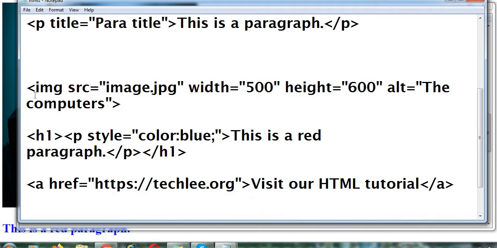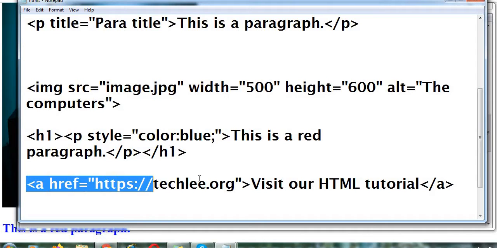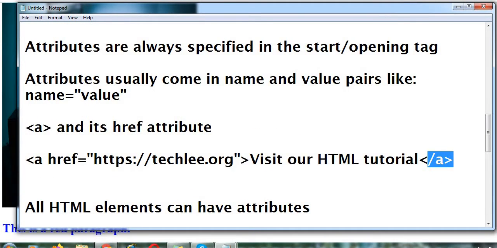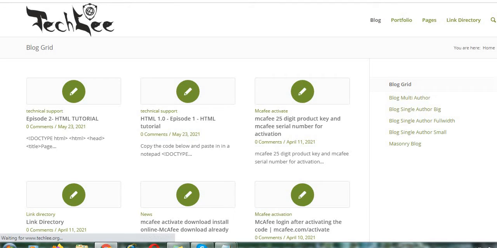Here, after the image, I used some other codes which I will tell you about afterwards in the video, and after that you will see this code, a href, the same code which I mentioned in the last notepad. So let's see whether it works. We will refresh the page. Here you can see this is the text. If I click on that, it will open the website which is mentioned on that text. Now it's opening that website, you can see here.